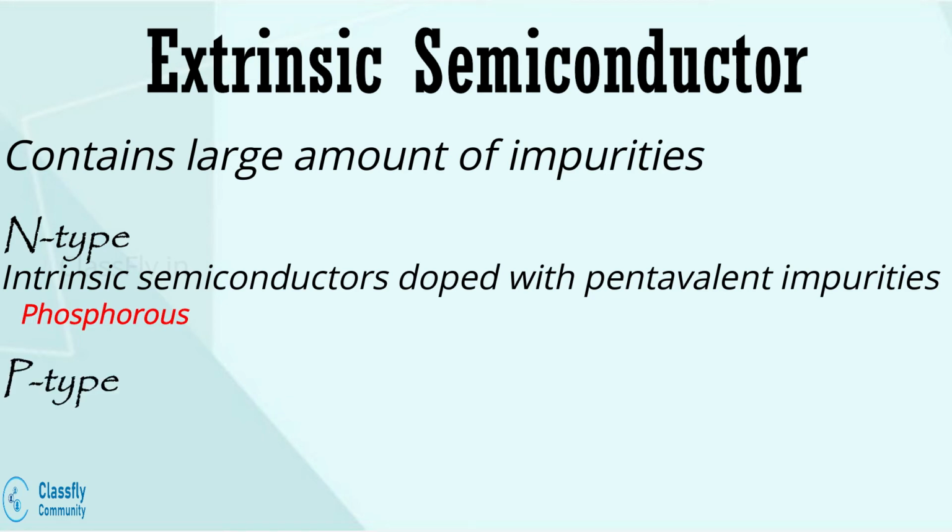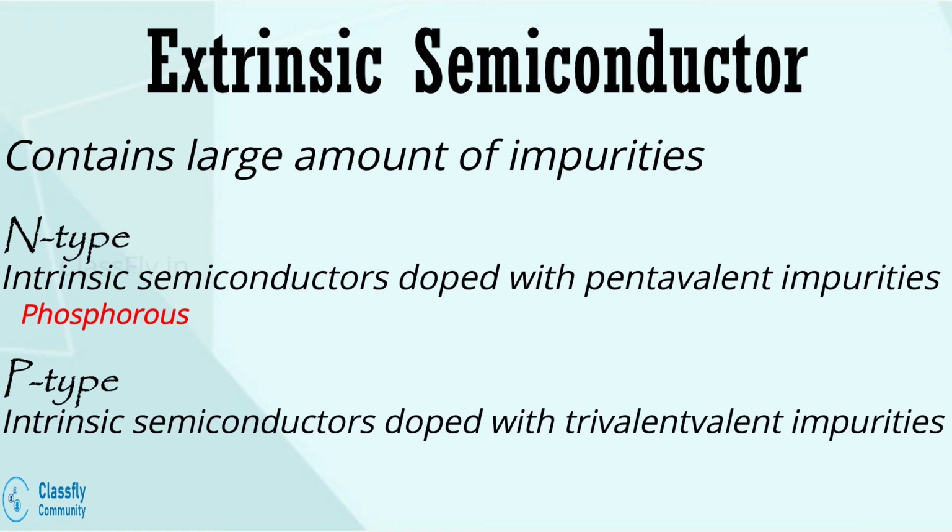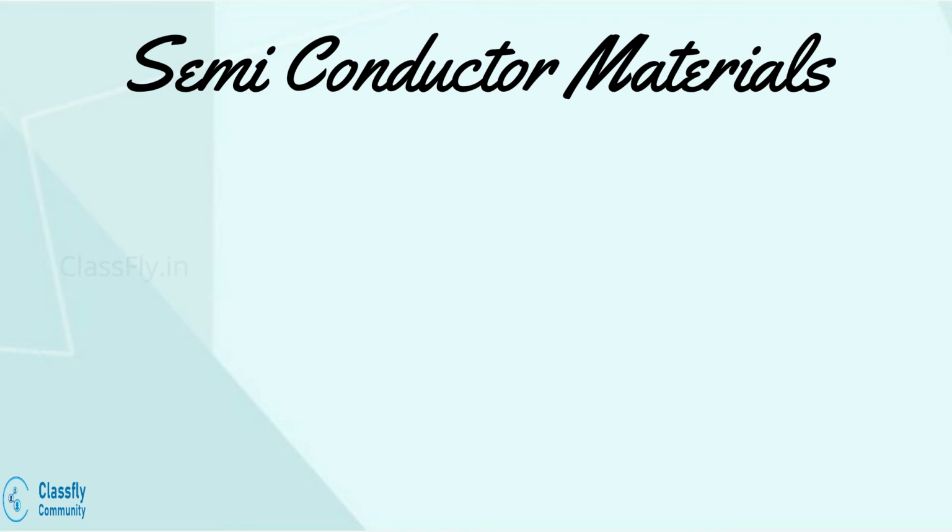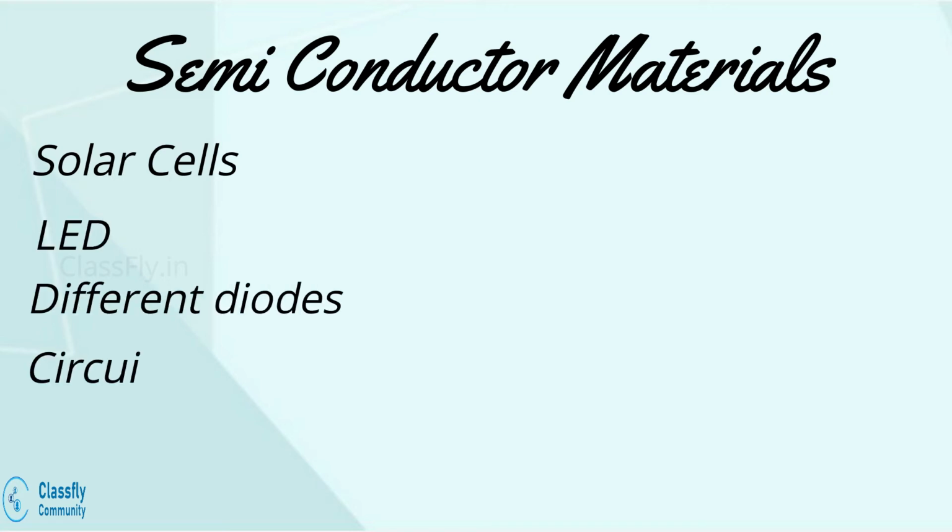P-type semiconductor. Well, these are the type of semiconductors in which the intrinsic semiconductors are doped with a trivalent impurity, such as aluminium. Well, the semiconductors are used in several applications such as in solar cells, in LEDs and various types of